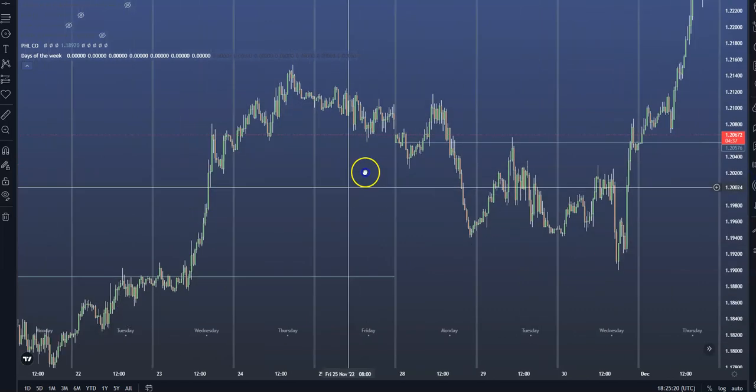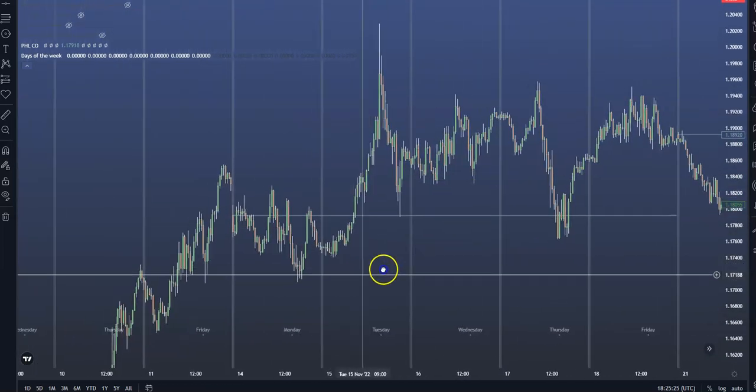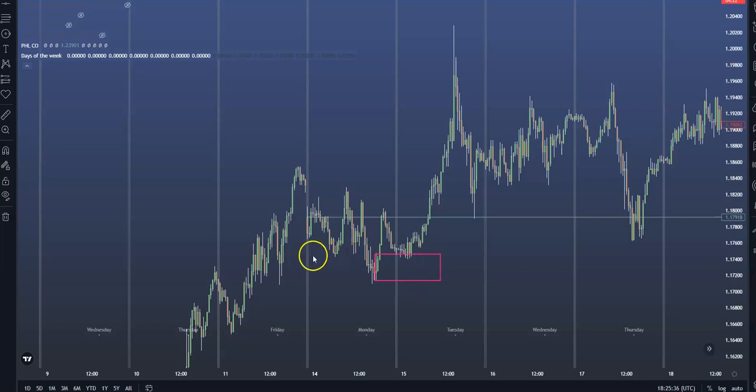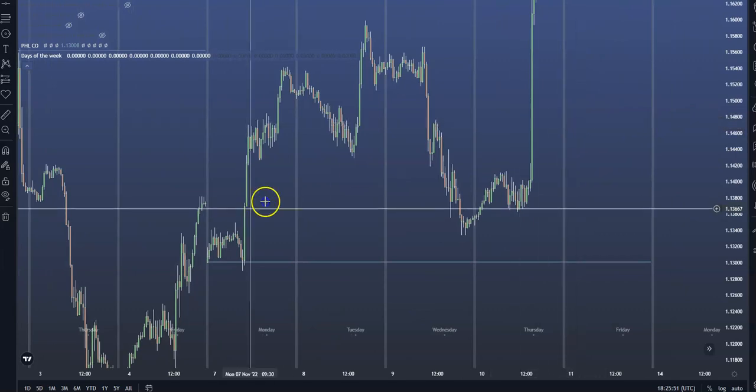So let's just have a look here. We'll move over and have a quick look. Okay, so as you can see here, Monday opens up. We have this opening price. Now we can see here that potentially we have this area of demand here, order block, or you can even say that we have this area of support here. As you can see, the market comes down, prints this kind of W pattern. And where do we target on the Tuesday? The opening price. There we go. There's an edge in this in itself. Let's just move to another example.